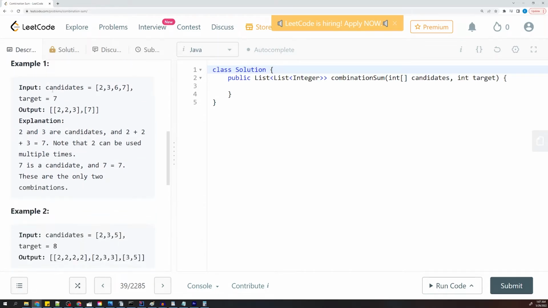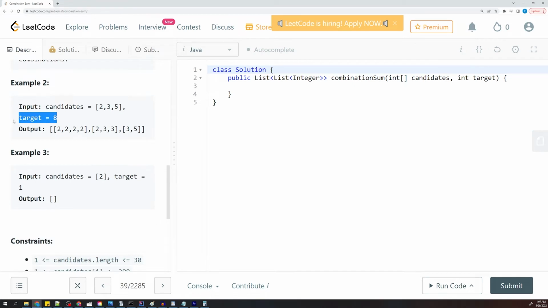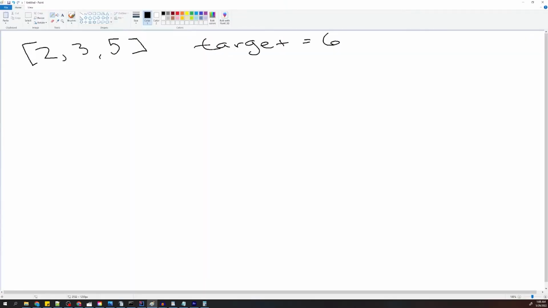And so here we have candidates. Let's do a simpler example, so we'll do 2, 3, 5. This is like example 2, but we're going to say the target is 6. Okay, so here we have 2, 3, and 5 with the target being 6. Now,